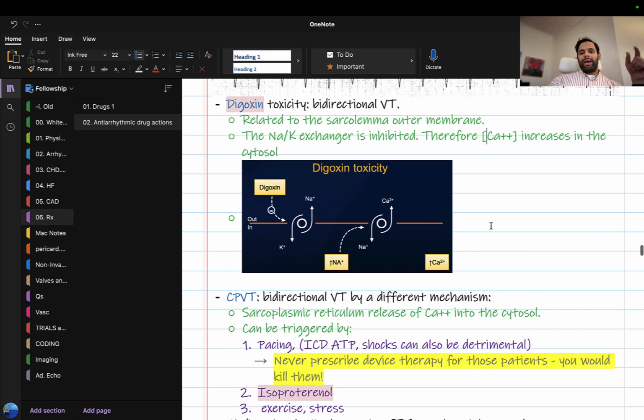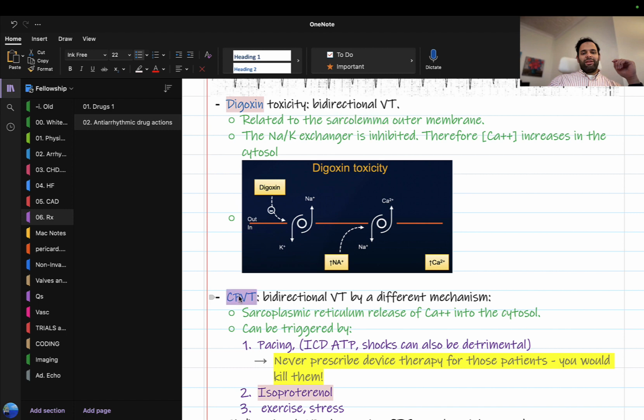And the other way to increase calcium in the cytosol is not the sarcolemma, but from within, to get out that giant store of calcium that's stored in the sarcoplasmic reticulum, which is stored there for a reason. It releases for contraction, goes back in, releases for contraction, goes back in. That is how all our striated muscles, including cardiomyocytes, are designed. But what if they are leaky? What if they are giving off calcium and overloading the cytosol in the wrong part of the cardiac cycle?